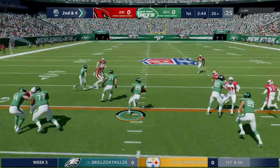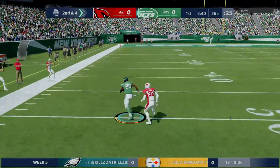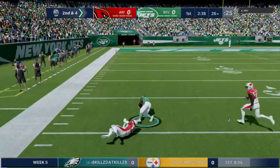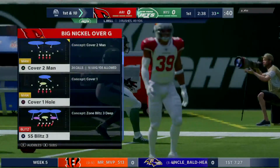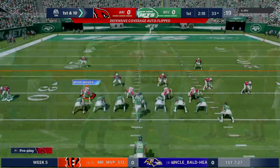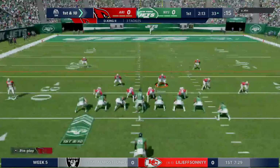On the counter, here's Bell. Breaks the tackle, he's got room to run. And he will take this all the way down to the Cardinals' 33. It's a big run that time by Bell. 42 yards. They show run with